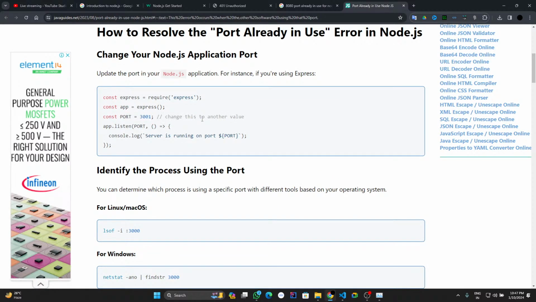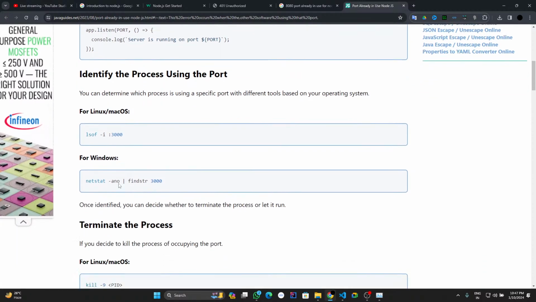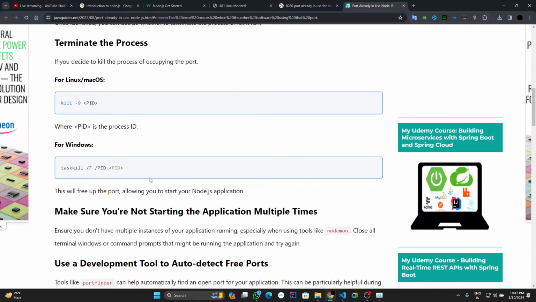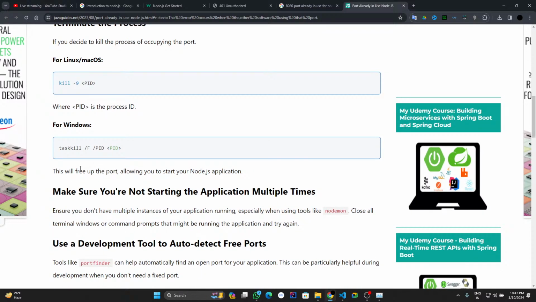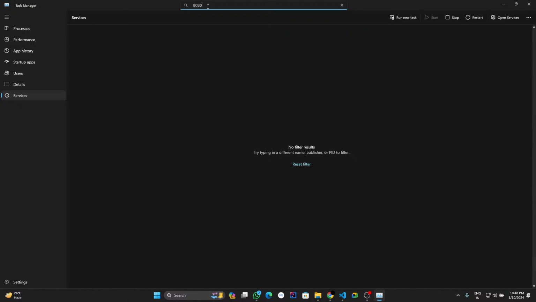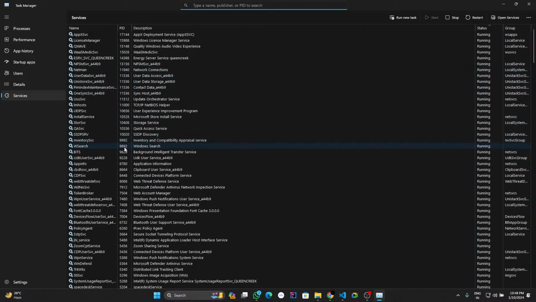Okay, constant port 3080. This will free up the port, allowing Node.js to start. But what is the process ID? Okay, so I need to find the process PID 8080. No, but I don't know the PID of these. So how can I just